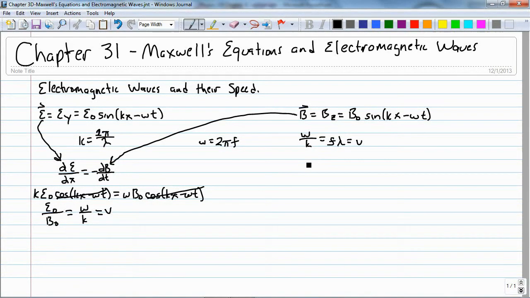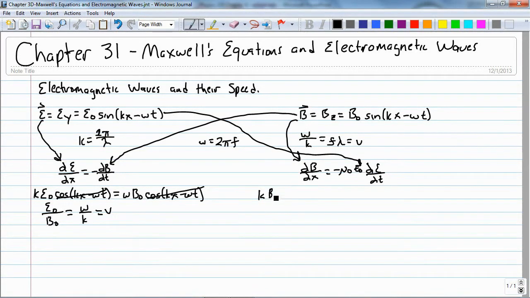Now we can do the same thing with the other relationship. Partial differential of the magnetic field with respect to x is equal to negative mu naught epsilon naught partial differential of the electric field with respect to time. Putting in my B field equation and my electric field equation, I get